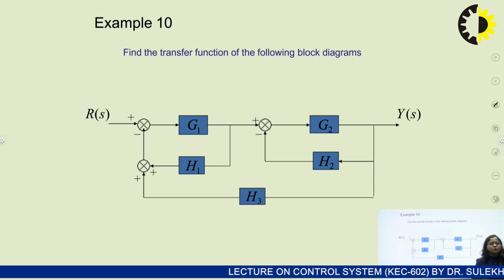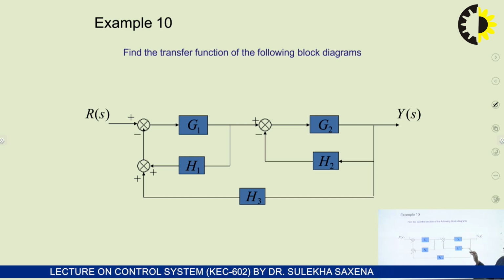Now we will take a few more examples of BDR so that you all can easily understand how to find out the transfer function using BDR. So we will take another example. It's quite a simple example. Herein there is a feedback function with G as G2, H as H2. So the function will be G2 upon 1 plus G2 H2.